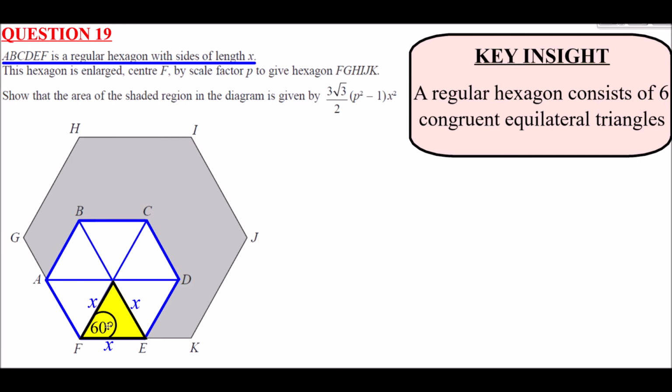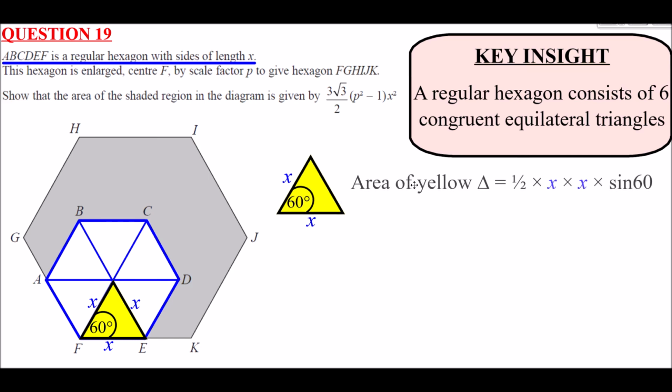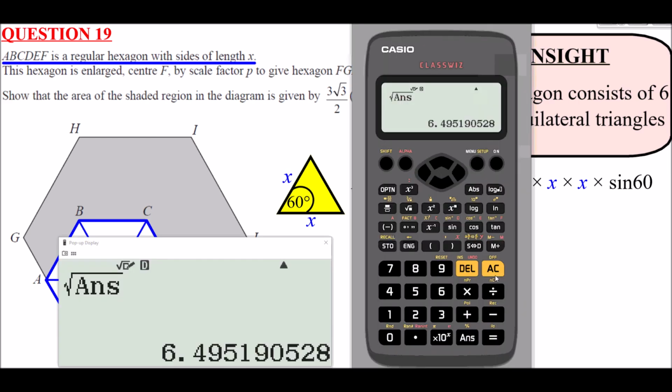We can now work out the area of this yellow triangle. So just thinking about these two sides, yes, this one is x as well. The area of a triangle generally is half ab sine C, where you've got two sides either side of the angle you know, multiplied by the sine of the angle you do know. That's the area of any triangle. So for this one, the area of it is half times x times x times sine 60. I know that x times x is going to give me x squared, so I can work out what half of sine 60 is. So if I just do here 1/2 times by sine 60,